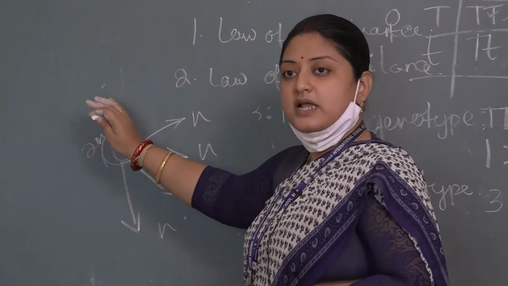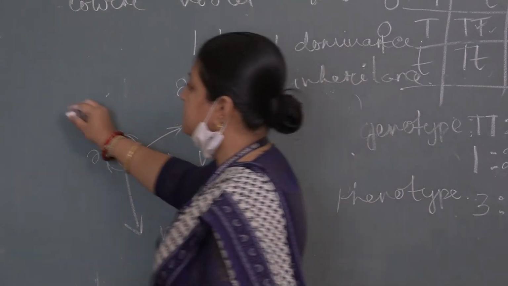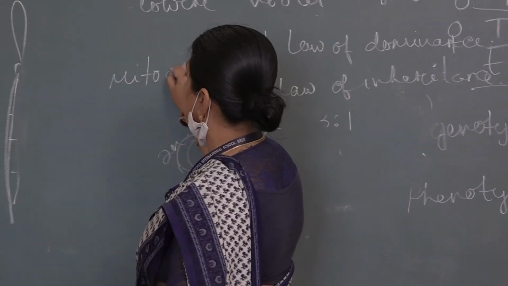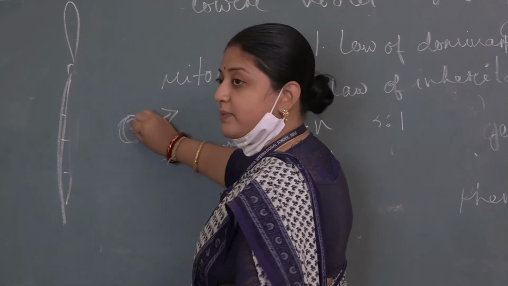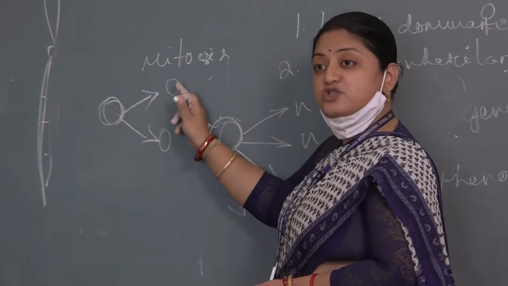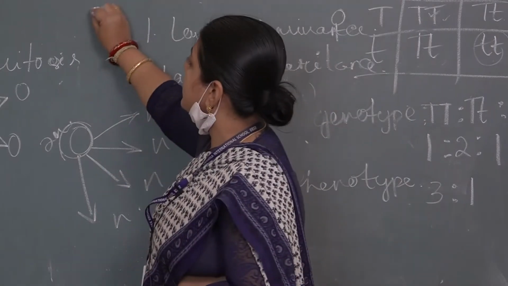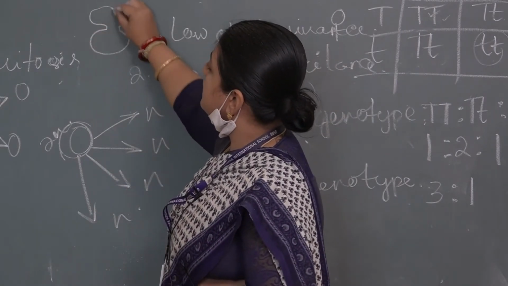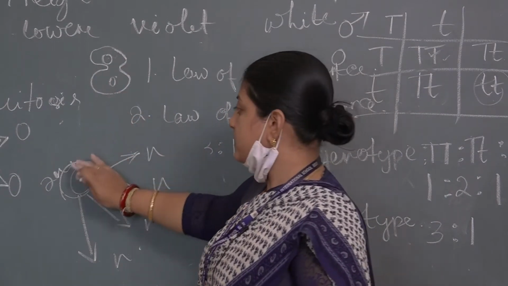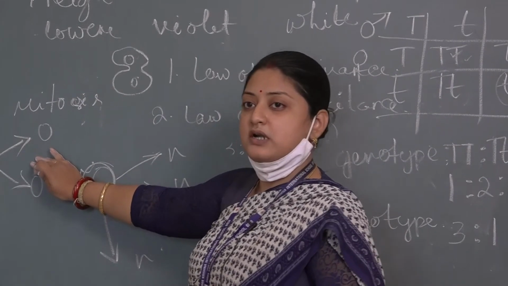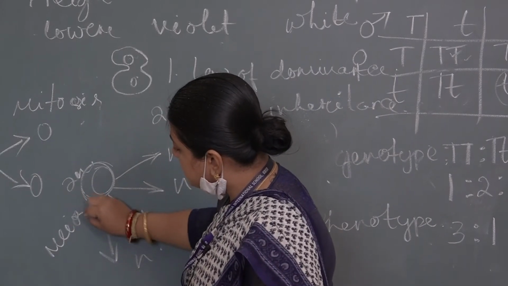All of us are having diploid cells. Whereas in mitosis, what will happen? In a somatic cell, this is a parent cell, and from this parent cell two daughter cells will be formed. Each of the daughter cells will have an equal set of chromosomes along with the cytoplasm. The total cytoplasm and the nucleus will be divided, the parent cell will be divided into two equal parts. So this is your mitotic division or equational division, whereas in case of meiotic division, that is meiosis,